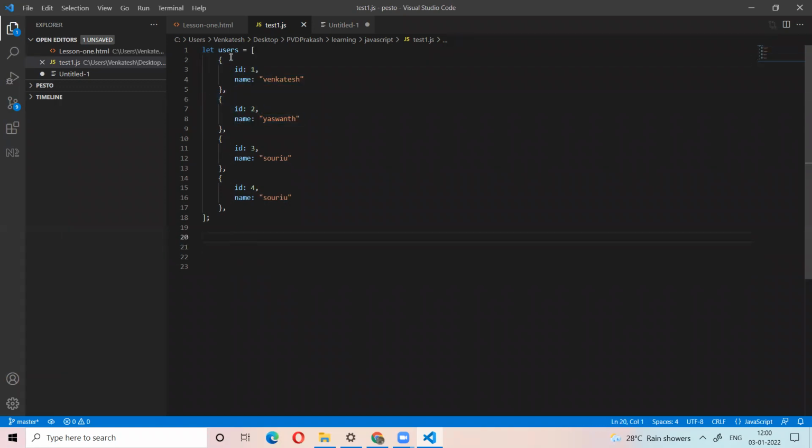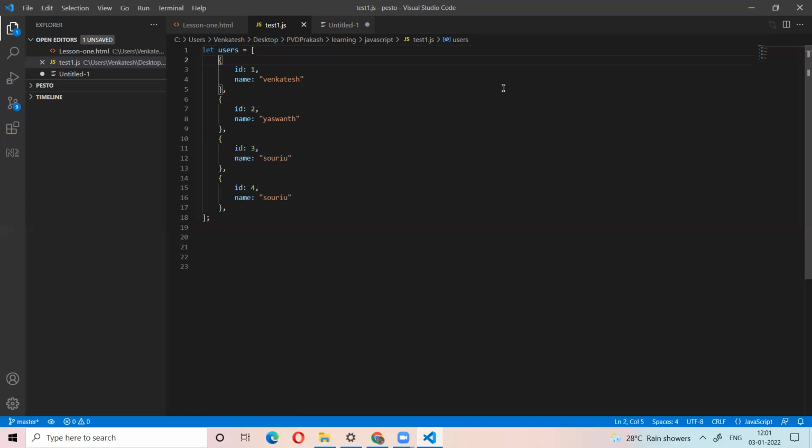So this users array contains only objects as its elements. Then users is called an array of objects. In recent times, in Angular and React applications, we are getting data from the server in the form of an array of objects. For example, if you want to use this from a website, it will return an array of objects like this. Now you need to do some access, some function on this array of objects.